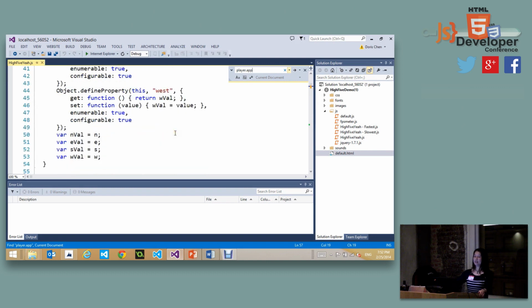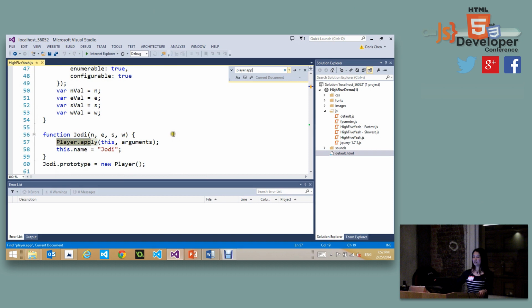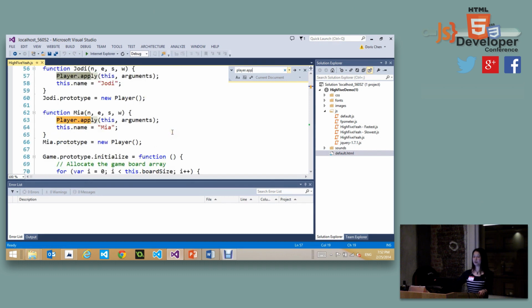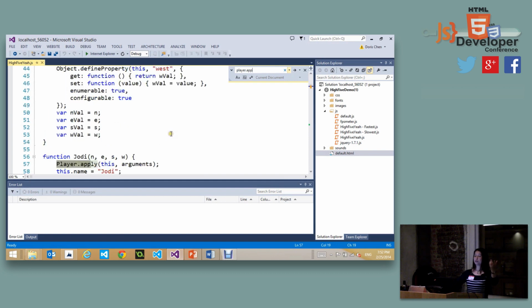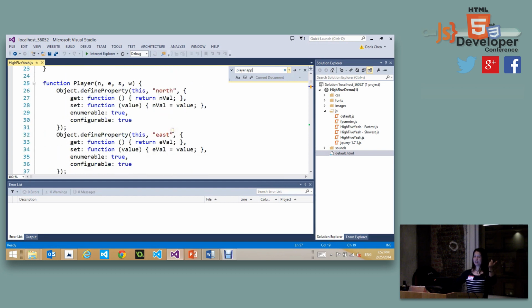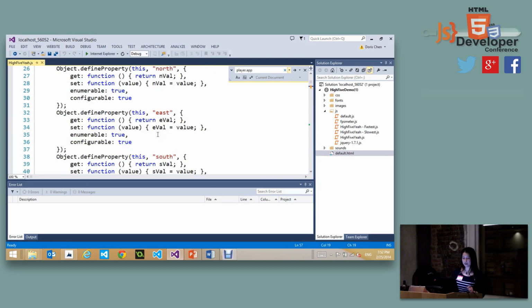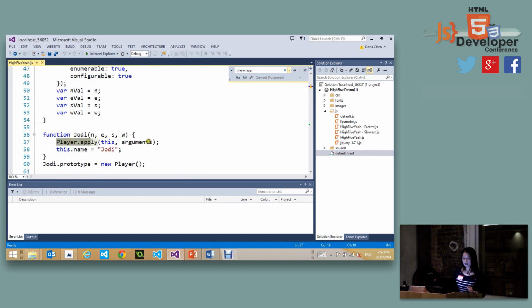Then I optimized it because it doesn't really work too well. Then I just made it very, very simple, initializing with all the variables like north, east, south, west, like we saw before, right? All right, so I'm going to change the code a little bit. This is going to use a faster player.